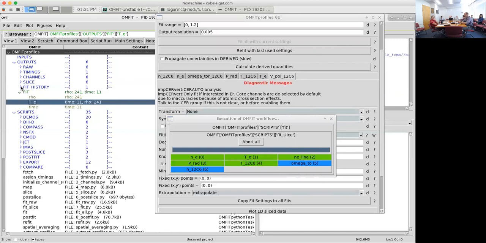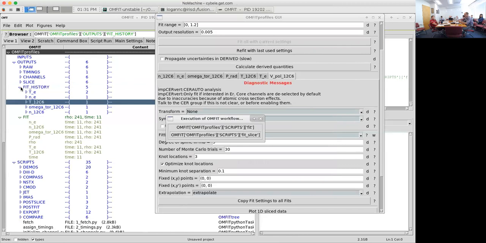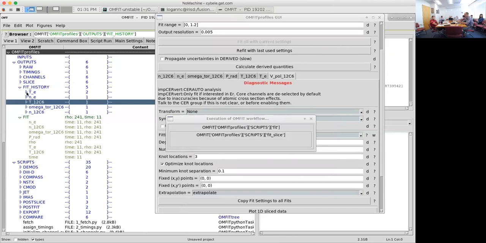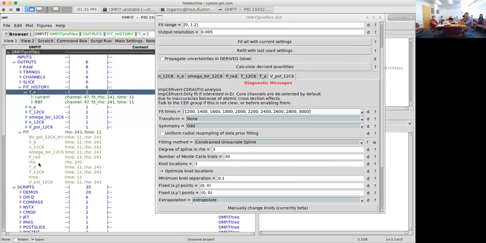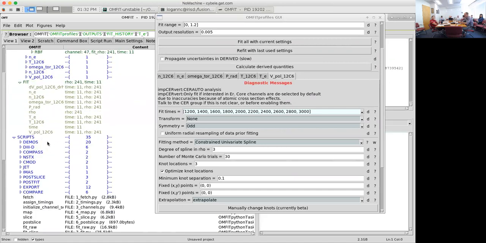We also have the fit history, which is where it stored information about the RBF fit so that we could compare it to the other fit, for instance. Okay, so it's going through and populating all of these. Here's our stored fit from previously, and now we have all of these. You'll notice that